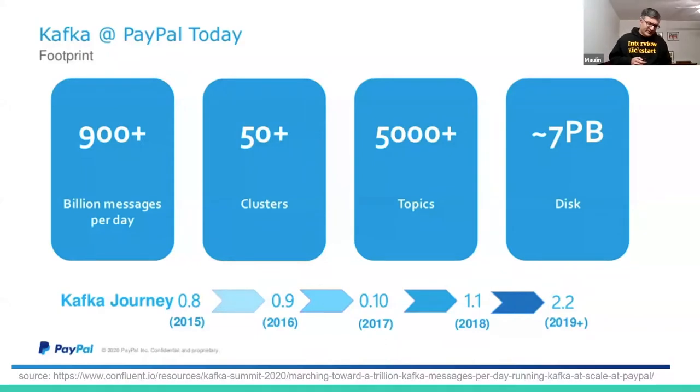Before we begin with the particular agenda for today's session, this is a slide I referenced from one of my recent public presentations to show you the Kafka scale at PayPal today, where as you can see, we are nearing very fast toward having 1 trillion messages a day through Kafka. And we host about 50 plus Kafka clusters in production, having about 5,000 plus topics, and the majority of our deployment of Kafka clusters is on premises.